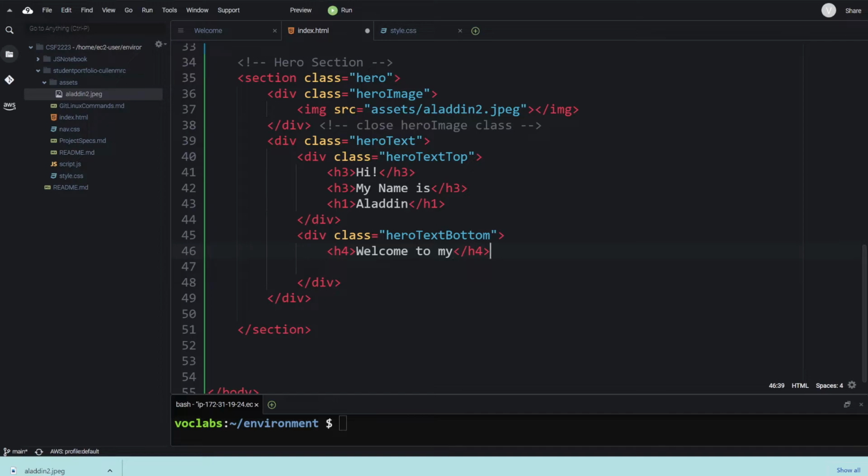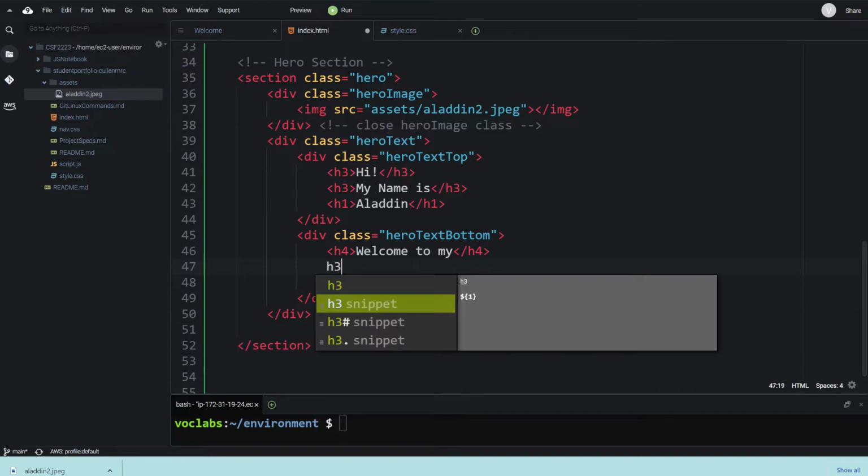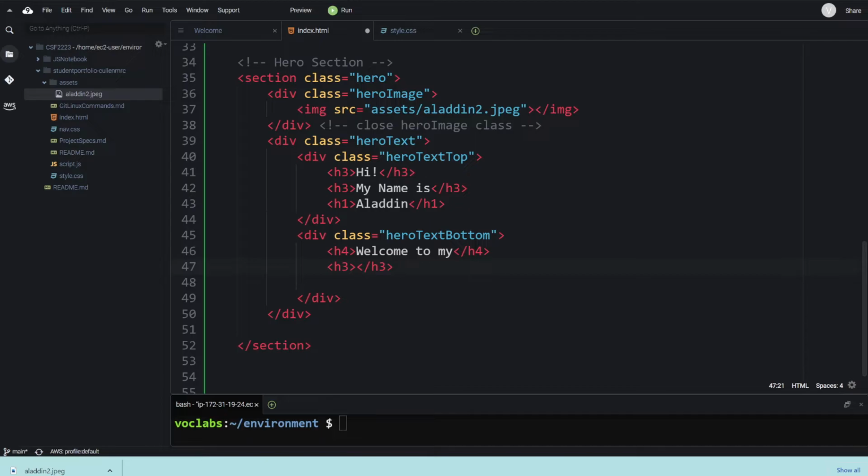Okay. The next section, we want a little bigger. So an H3 snippet. And we want welcome to my WDW computer science. Finally, move your cursor to the end of that H3, and H4 snippet again. And inside of the content, we want student portfolio. Okay. So that should close out of the